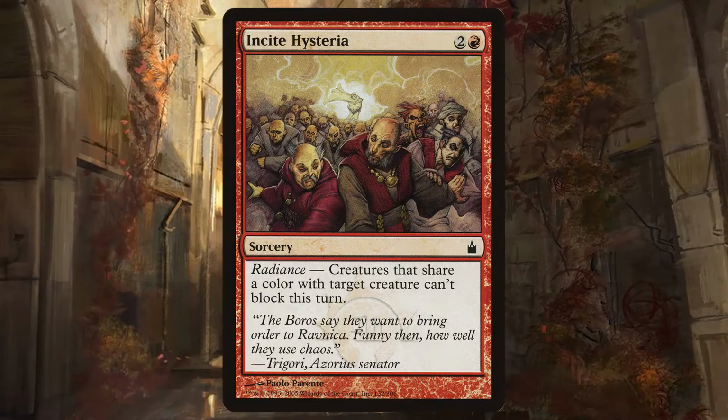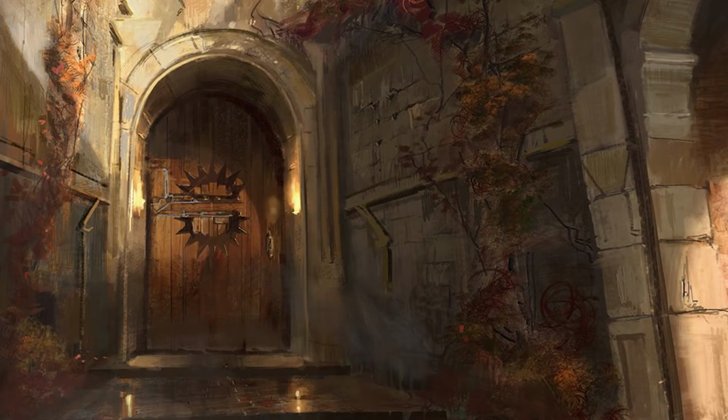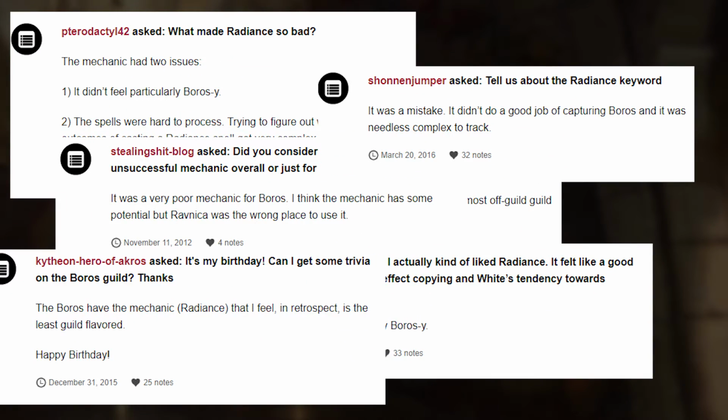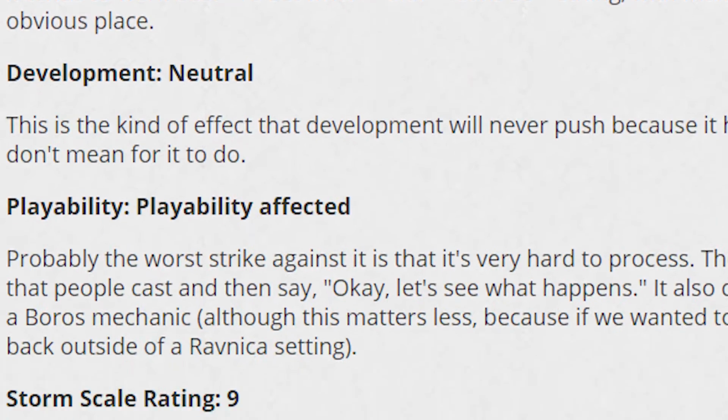The Boros Legion have had a tough time of it. Their first mechanic in Ravnica: City of Guilds was Radiance, which was, bad. As Mark Rosewater said time and again, the biggest problem with it was that it didn't feel very Boros-y. The conceit of matching up colours with what you're playing has almost zero resonance with the feeling of a giant